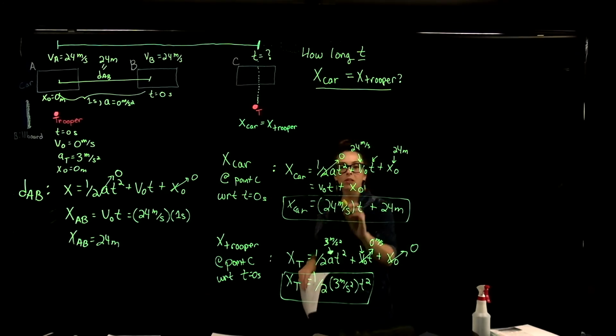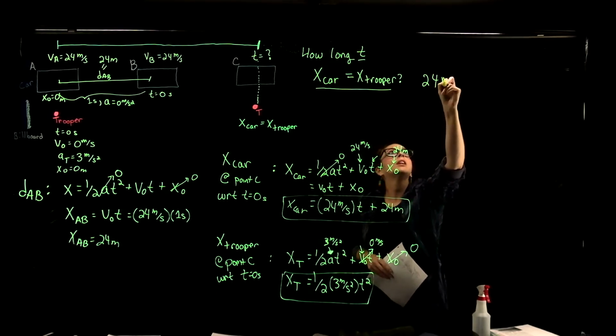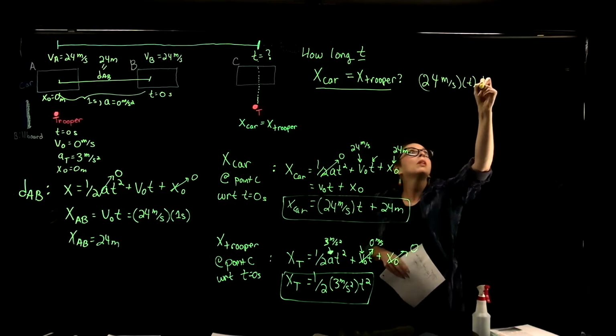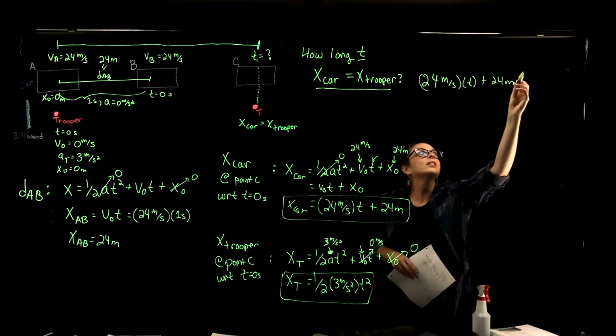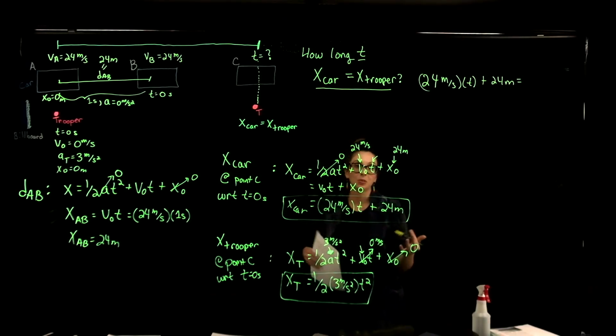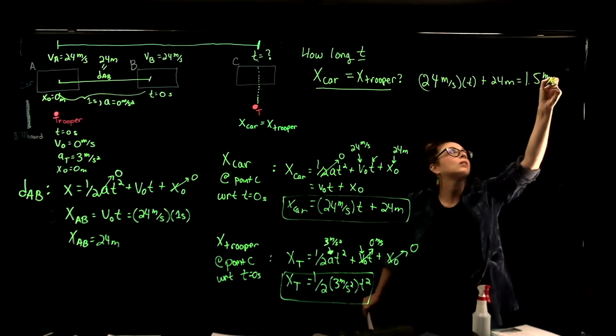So if I set both of those to each other, we've got 24 meters per second times time plus 24 meters is equal to 1/2 times 3, that's 1.5. So that's equal to 1.5 meters per second squared